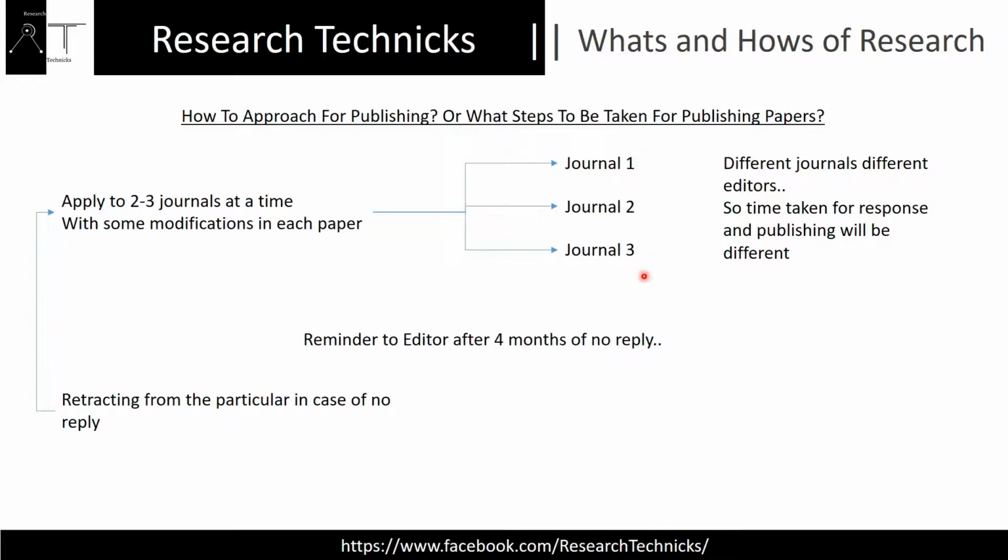If all of those 3 are rejected, then we start again. And if they are rejected, remember, do ask kindly what the problem was. The editor will tell you. Sometimes the rejection is on the basis of publishing saturation. Lots of this kind of work has been published in this particular journal, so we cannot publish it anymore, you can refer to some other journal. Otherwise there might be other problems, like the work is not up to the mark, or it is not suitable for this particular journal.